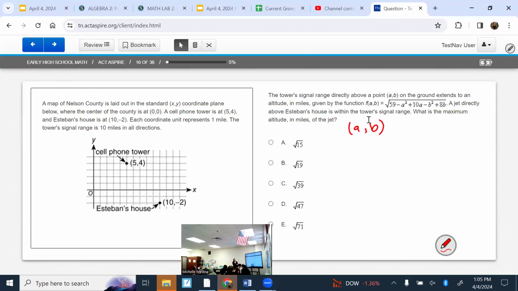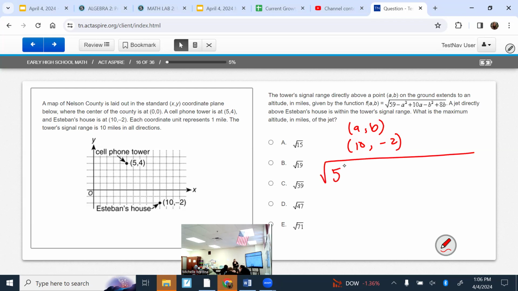It says the tower signal range directly above a point on the ground extends to an altitude. So if a jet is directly above Esteban's house, where is Esteban's house? What coordinate? So if I'm understanding this correctly, I haven't looked at my notes for this one this year yet. That A is 10, B is -2, is what I'm understanding it as, which is right above Esteban's house. And this function gives me that elevation. That's what I'm gonna go with. So then plugging it into this formula,